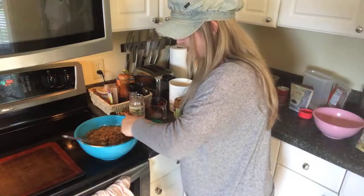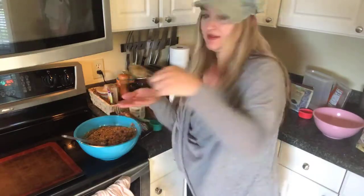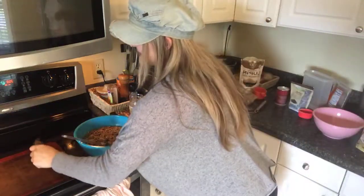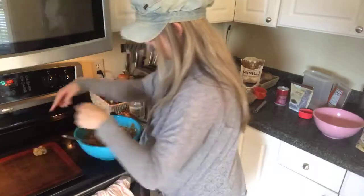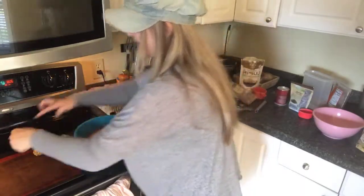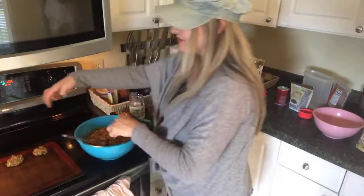I like them big. They're not gonna flatten out like a regular chocolate chip cookie. They're gonna stay nice and folded. So I would say a good, rounded tablespoon size. And space them out a little. They do grow slightly, but nothing that's gonna start spreading into each other. You're gonna put that in the oven for about 20 minutes until golden brown,